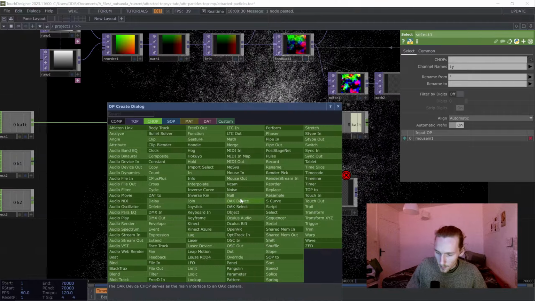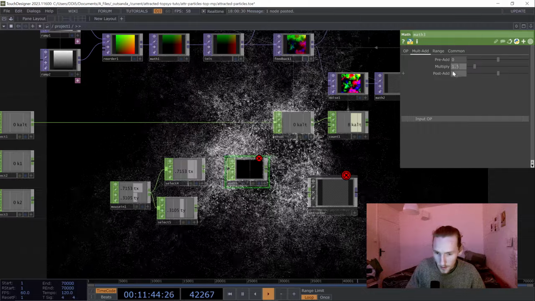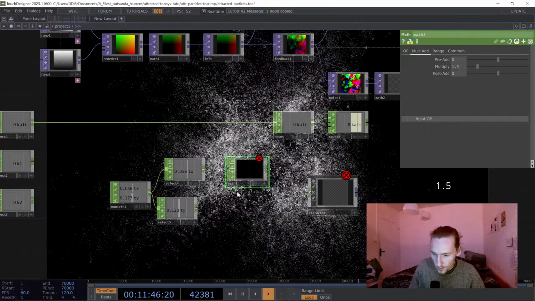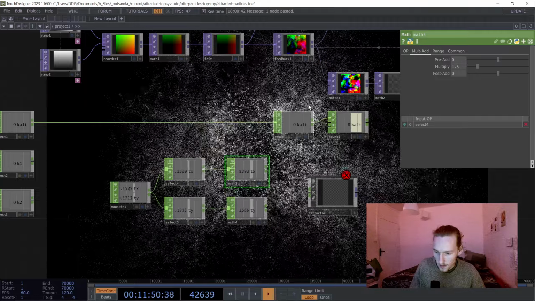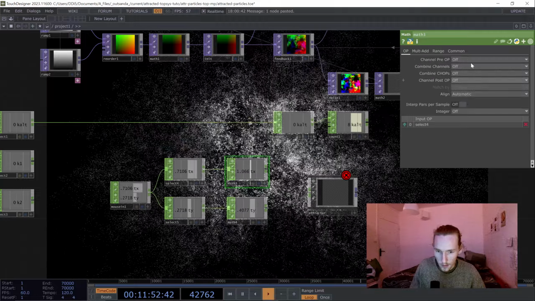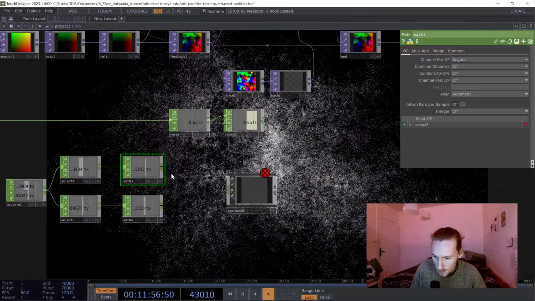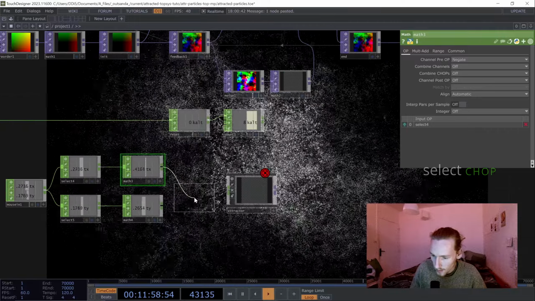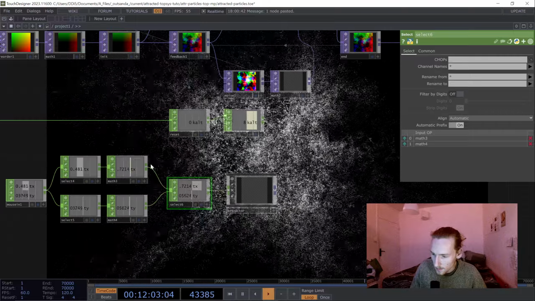Let's create a math here and multiply it by 1.5, duplicate it, and the first one we're gonna change it to negate and add another select after that here to reunite them,